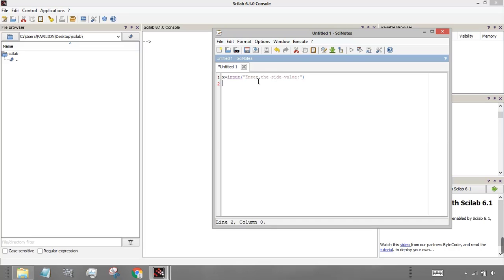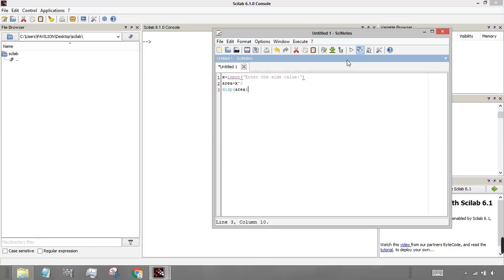Then just write area, which is equal to x square, so x to the power 2, and then I want to display that area. So if you want to show that answer in the console, you have to write disp for displaying the area that you have calculated.